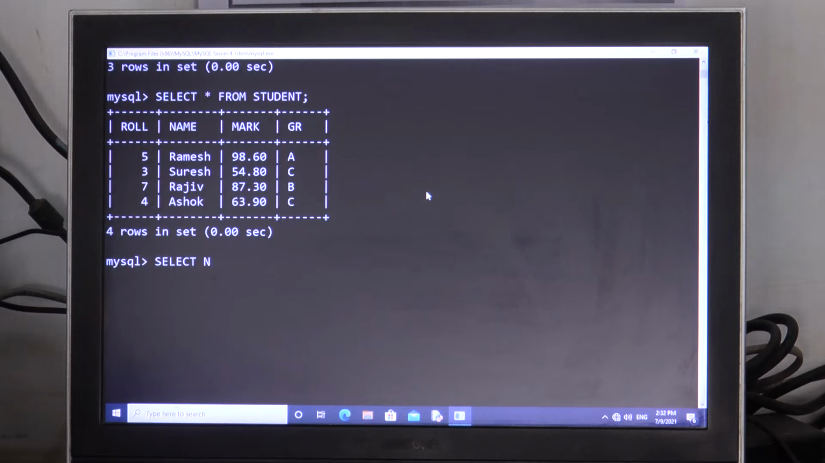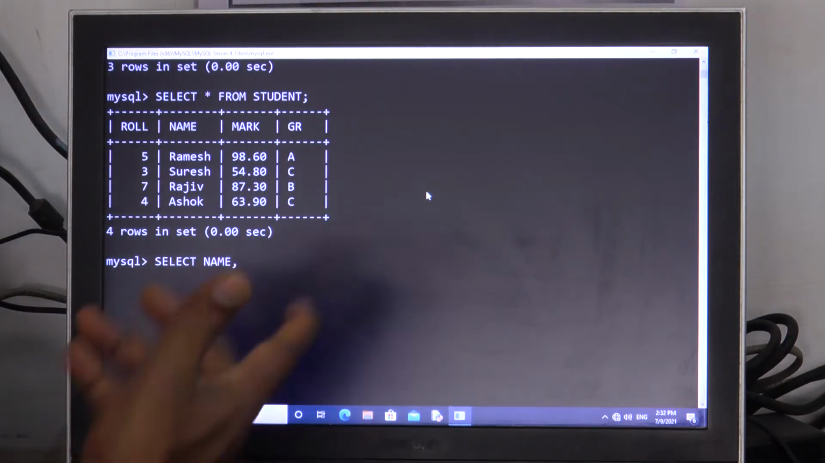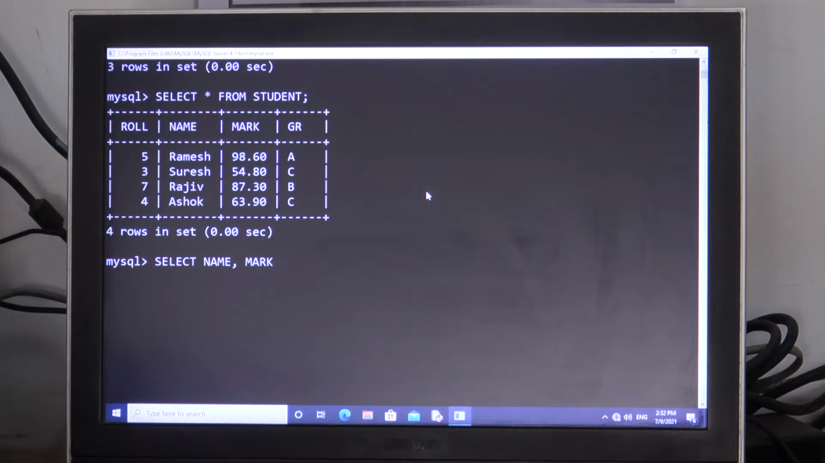Again you can use name, mark, name comma mark, or asterisk also you can use. Select mark from student where mark